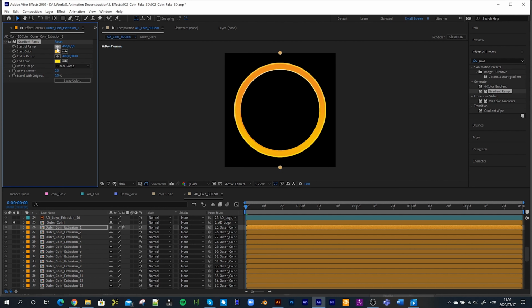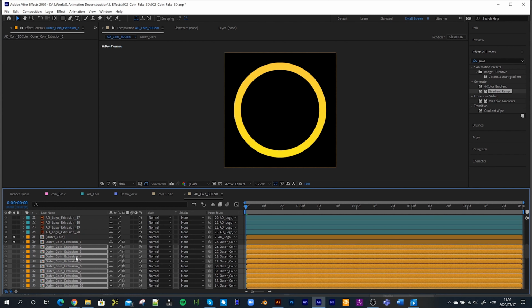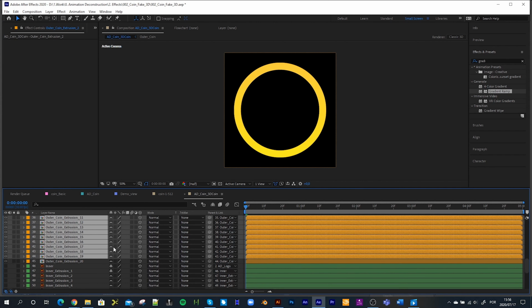Last thing we need to do is just move these 2 points up and down. You can either click it there, hold shift, move down, and do the same over there, or you could do it in the actual composition area just by moving this around. Now if we turn it on, we just have that. So let's copy that, select all the other layers, Control V, except the last one, Control V,